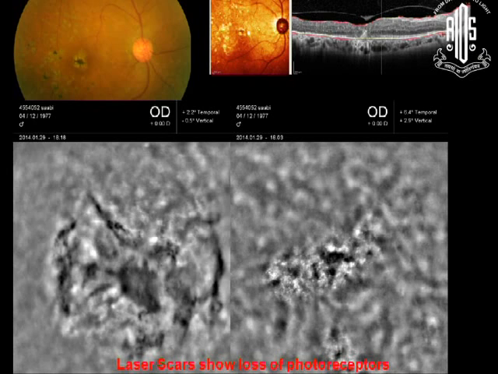Just to show you a couple of examples of what we all keep on doing in our clinical practice and how we keep on affecting the photoreceptors. Now you can see here a laser scar. You can see there is a scar, and you can see the cones in that area we have killed, absolutely killed. No cones at all.